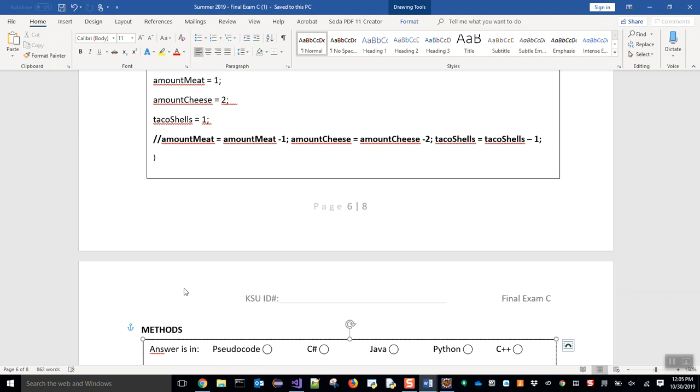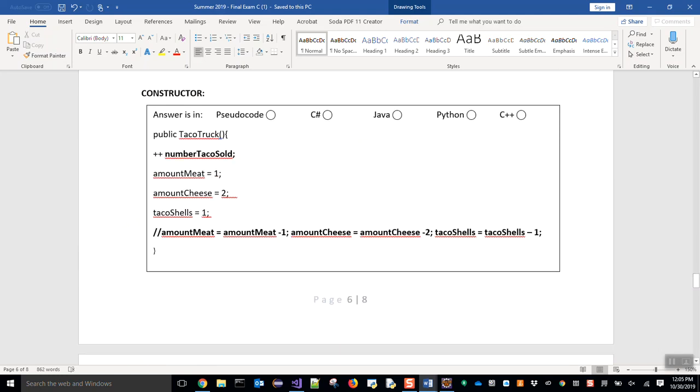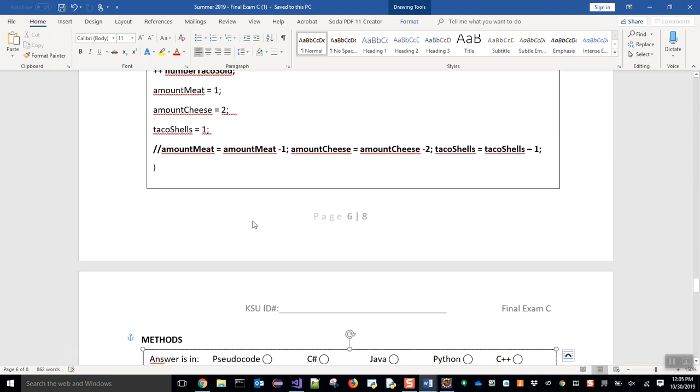Could you explain to me? Which one? I'm confused about the class variables and the constructor. Let me see. I guess the way I understood it